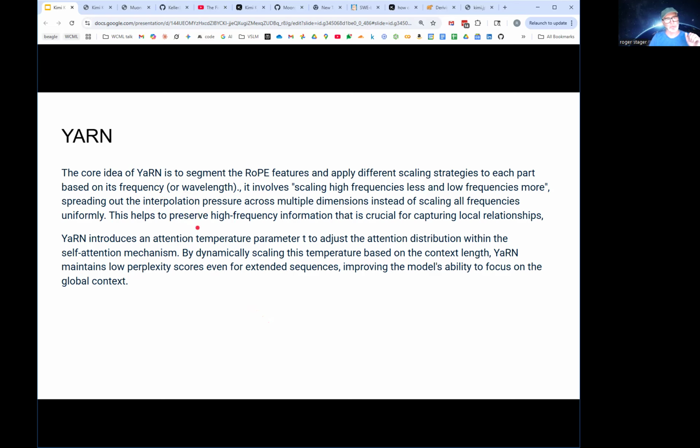and then have this algorithmic way of extending it with a little bit of fine tuning after you've modified the RoPE embedding. And with YaRN, the key thing is it doesn't scale the frequencies equally. It scales high frequencies less and low frequencies more, so it helps to improve the high frequency information. That makes sense. It seems like we had that discussion before. The RoPE encoding is important for what's very local, and as you look out over longer horizons, it tends to be less important. So YaRN's leveraging that insight.